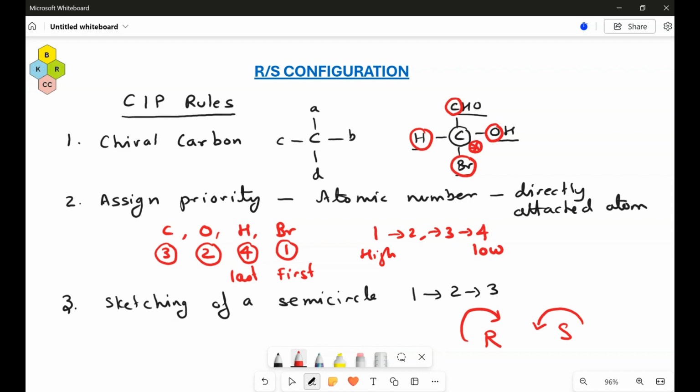Very simple. Clockwise means rectus, which means right hand side. Anti-clockwise means sinister, which means left hand side. So if your semicircle takes a right hand side clockwise rotation, it is R configuration. If the semicircle traverses a left hand side or anti-clockwise rotation, it is known as sinister, which is S configuration. Done. But before drawing a semicircle and assigning the configuration, keep in mind that while assigning the configuration,